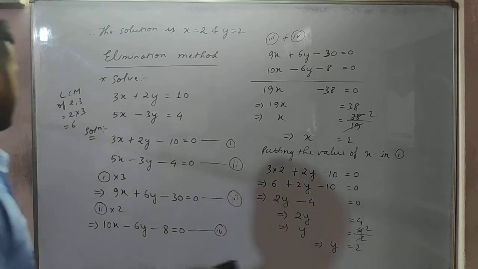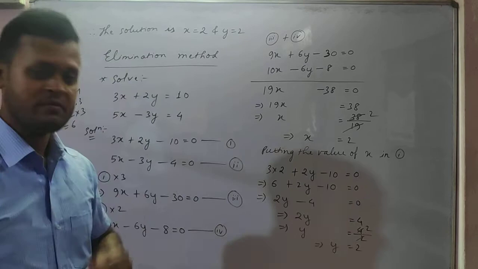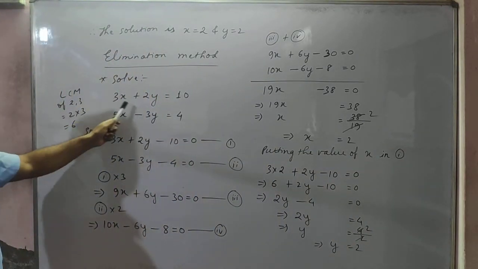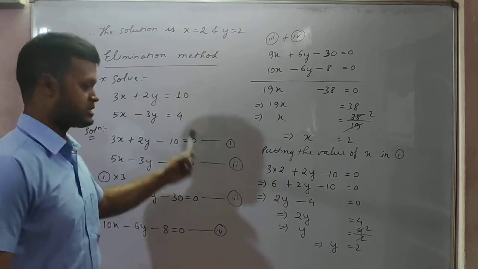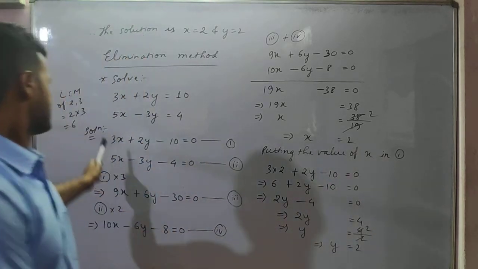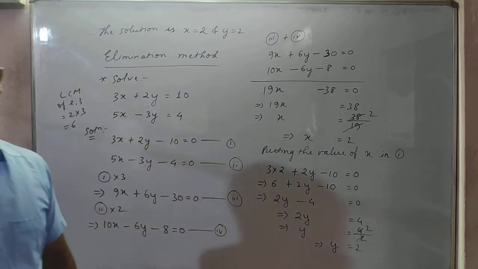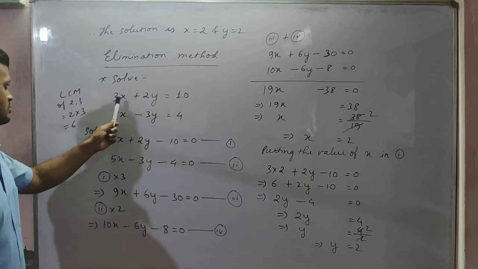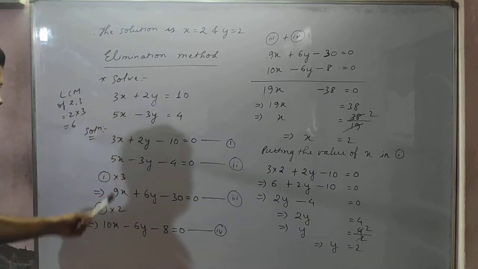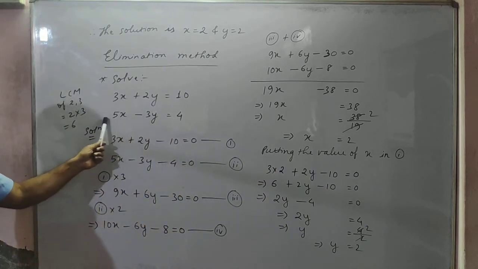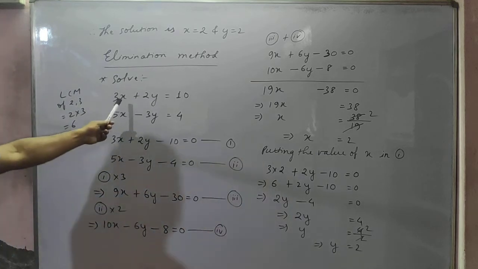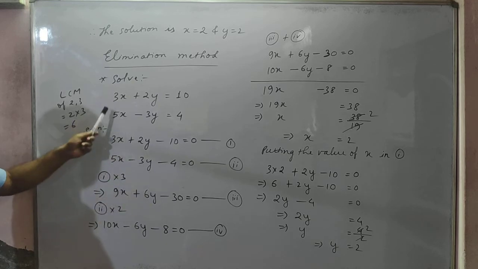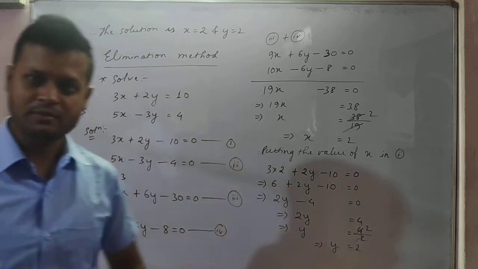So students, why am I giving this example to all of you? I want to give this example because you see, solve 3x plus 2y is equal to 10 and 5x minus 3y is equal to 4, isn't it? We want to solve these two equations. Now as I said, first you will consider the coefficient of x in both the equations. Here before x 3 is there, here before x 5 is there. What is the coefficient of x? 3 and 5. 3 and 5, what is the LCM?